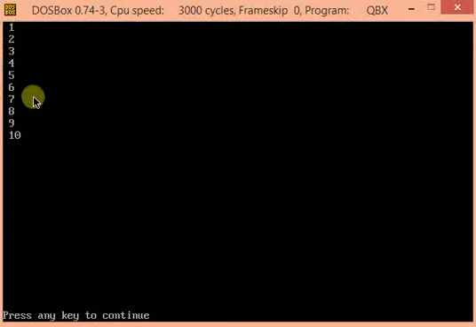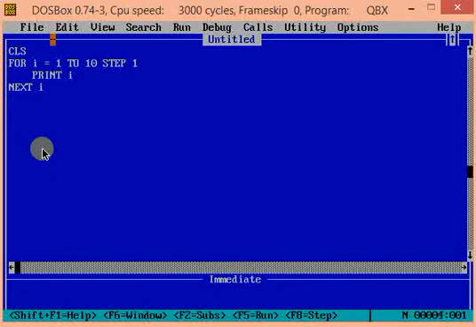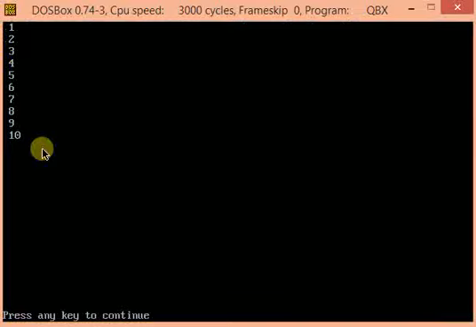You see 1 to 10 is printed. Writing step 1 is not mandatory, it's optional. By default, i's value will always be incremented by 1. Let's remove it and I will show the output. See, output is exactly the same as before. So by default, i's value is incremented by 1.